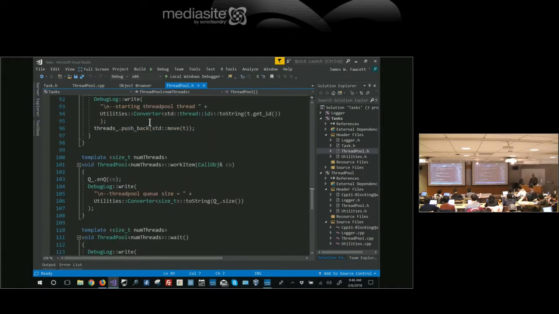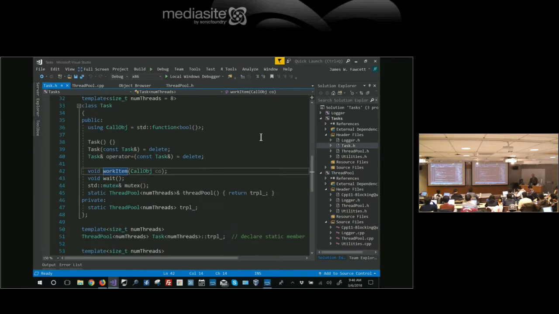So, okay. Now, I have a task class too. And the task class holds a thread pool as a static member. So task is a wrapper around a static thread pool. And each of its functions don't do anything but delegate to the corresponding function in the thread pool. Task is just a thin wrapper around the thread pool, but it made it static. Why would it do that?